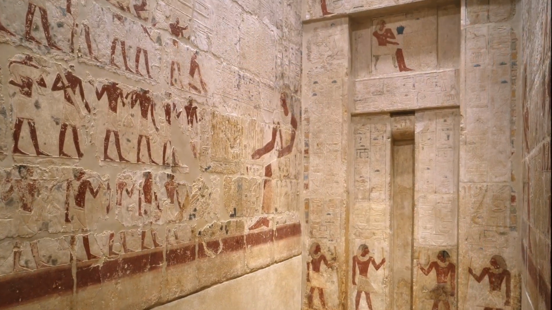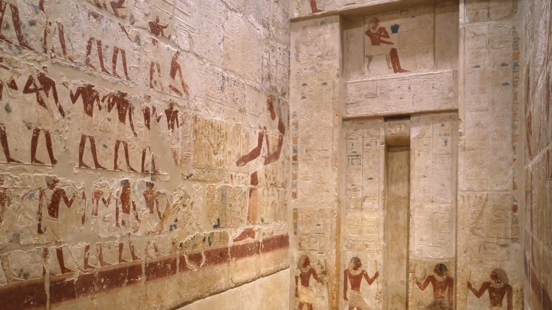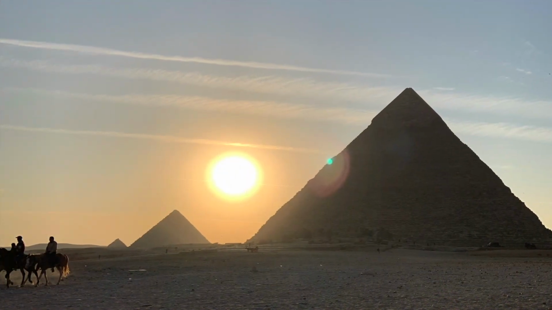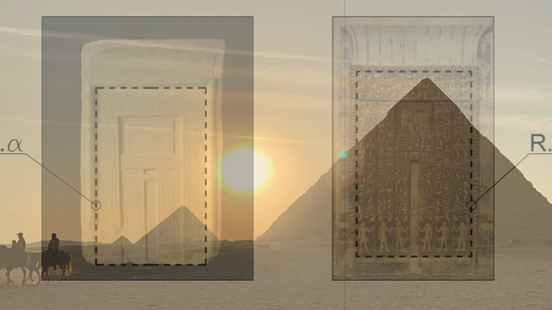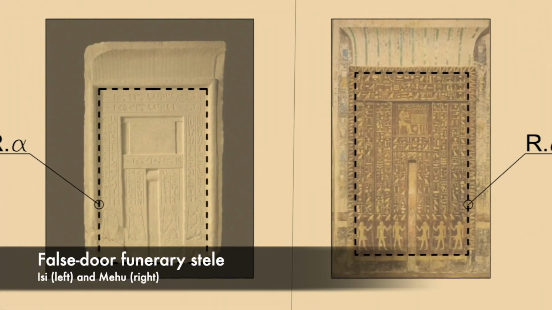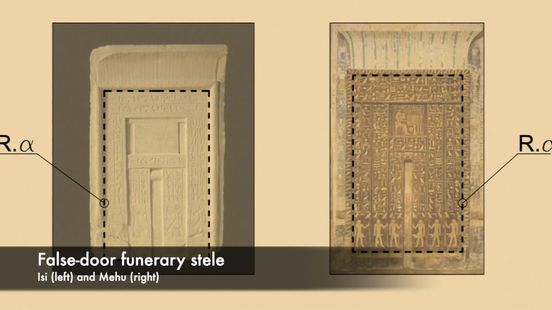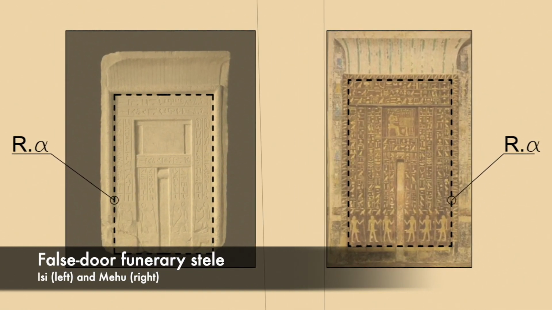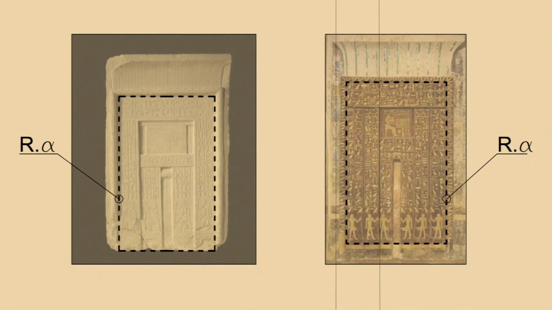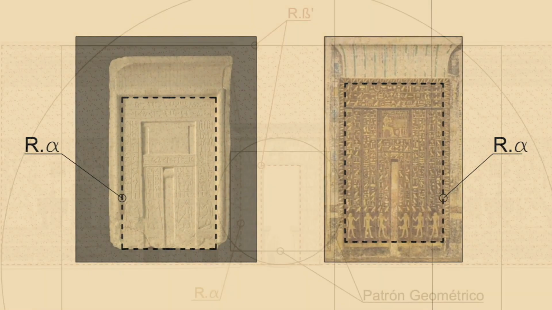These false doors meant the access of the deceased to the beyond. They used to be situated on the western side of the tomb, making a clear reference to the sunset. Egyptology has never appreciated the weight of the geometry of these designs, considering they would respond to the artist's subjective criteria. In the third chapter, we verified that the doors of the entrance pylons had the proportions of